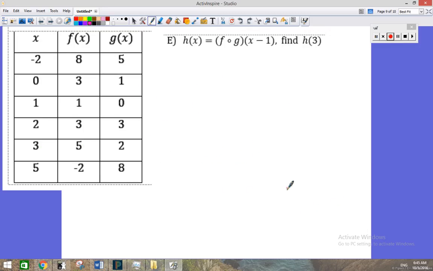For e, this e is different than the others. It is equal to a function composition, but before you plug in the number, subtract 1. So if we're going to plug in 3, before we actually plug in 3 into g, we subtract 1 from it before we evaluate it. So